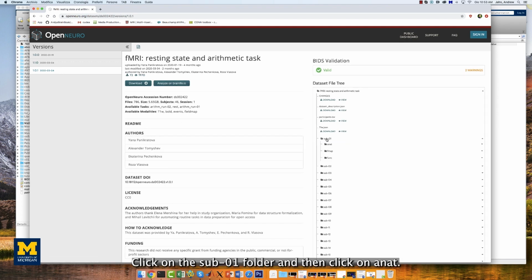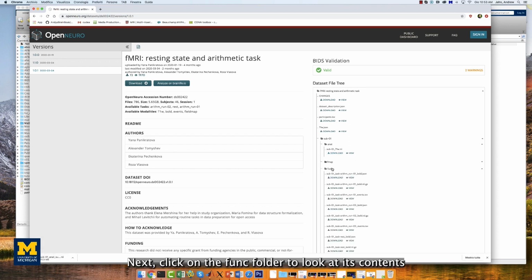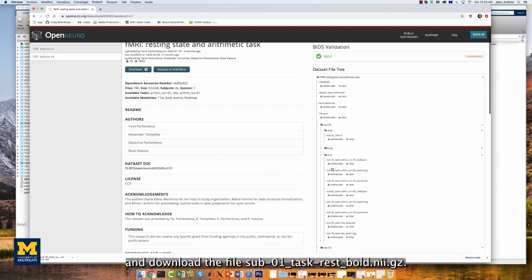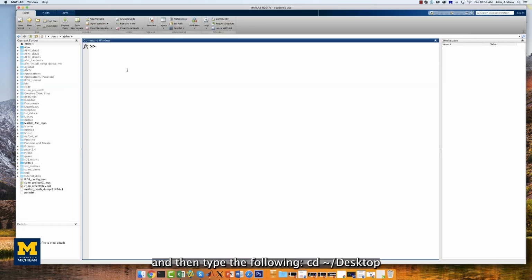Click on the sub01 folder, and then click on ANAT. Click the download button next to the file sub01t1w.nii, which will begin downloading the file. Next, click on the func folder to look at its contents, and download the file sub01 task rest_bold.nii.gz. If these files have been downloaded to your downloads folder, open a MATLAB terminal and then type the following: